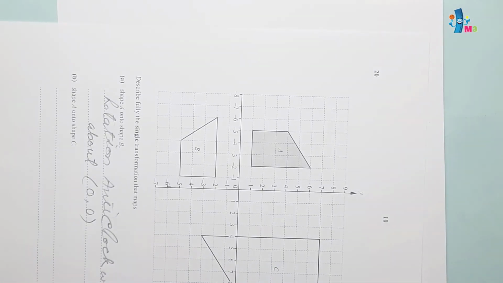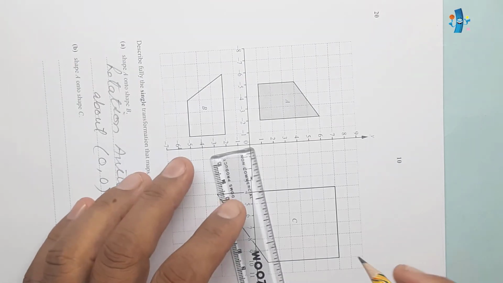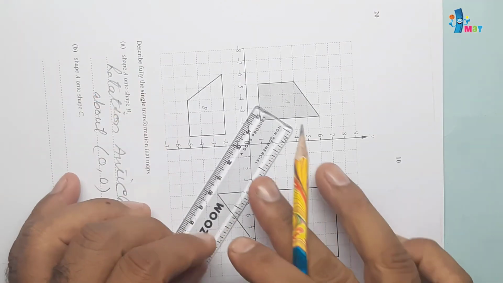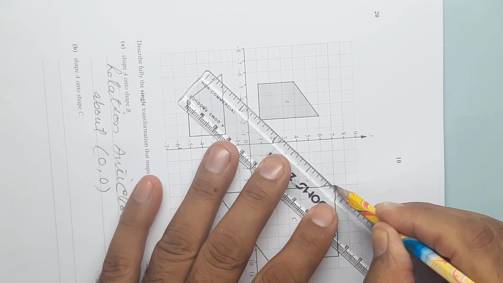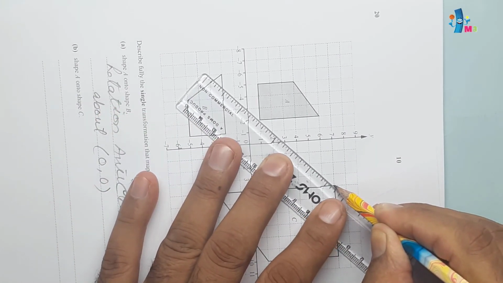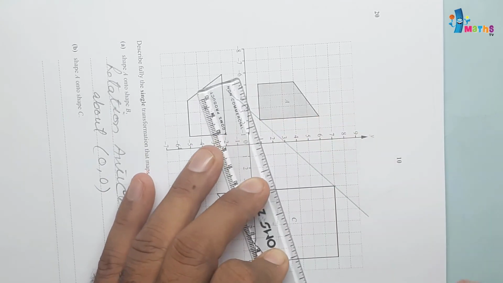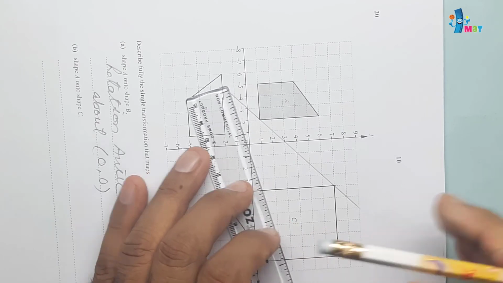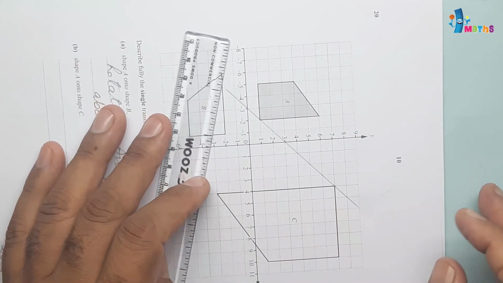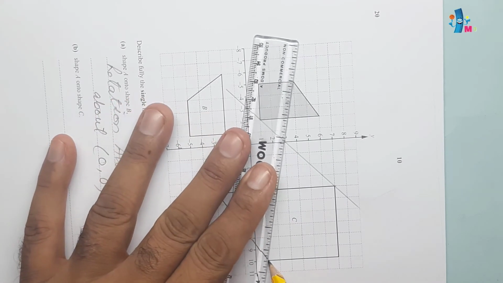So what we will be doing, we will be using scale and shape A onto C, we will join this corner with this corner. If we join this one, this will be like this. We'll have to restrict ourselves up to the grid. Line should not go outside the grid. So we can join this with this